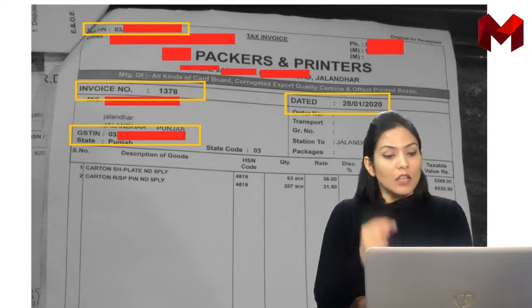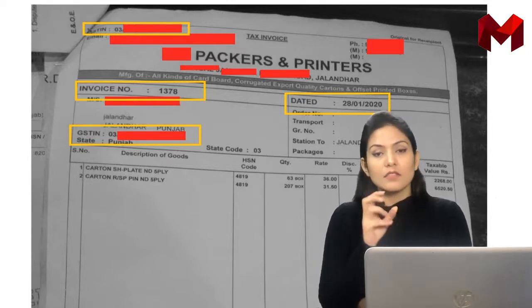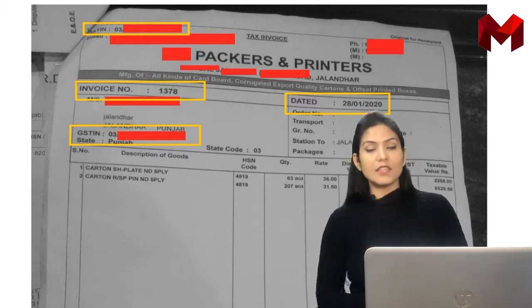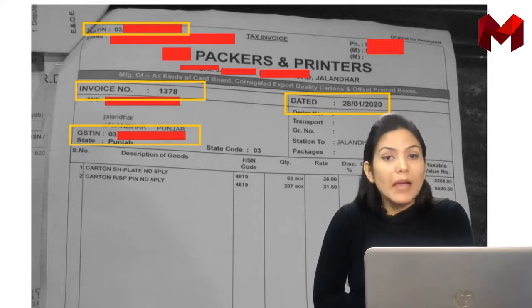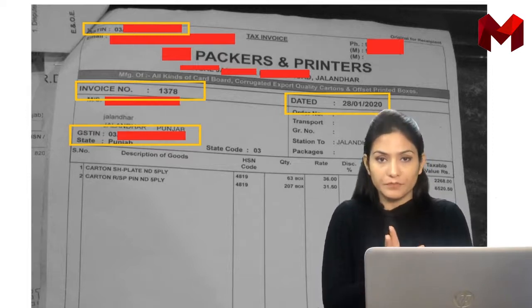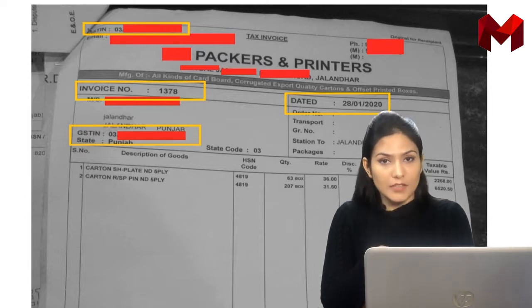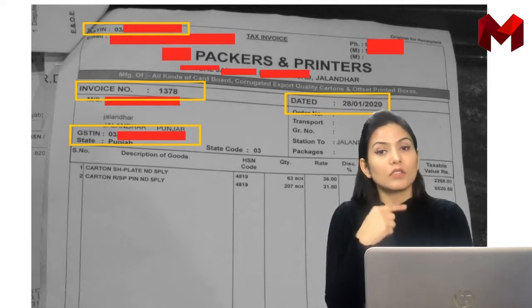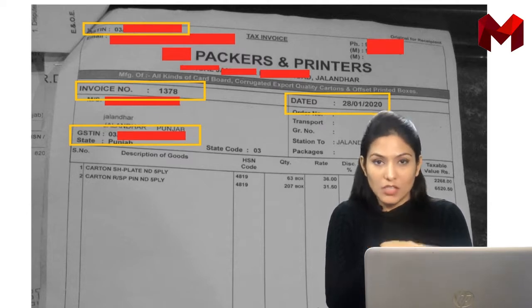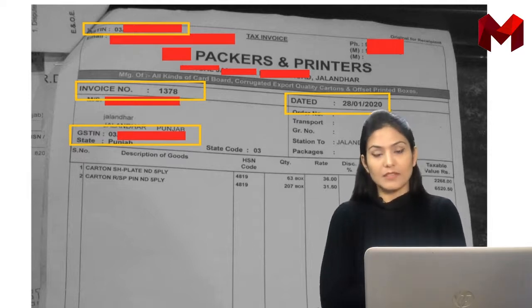So the first thing, the bill is a CGST, SGST bill, a local bill. Local GST is applicable on this bill. What do you mean by local GST and interstate GST? Local doesn't mean the particular city. Local means the particular state. In this situation, both the supplier and the customer are from the same state, so this is a local transaction, a local purchase bill, an expense bill, packing material expenses, or you can say the packing expenses account.